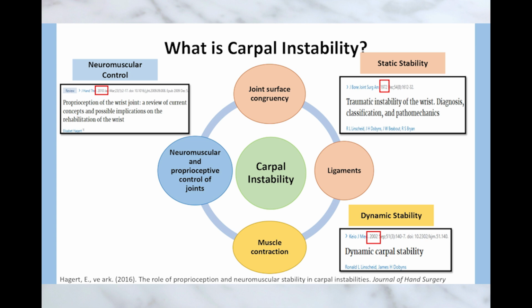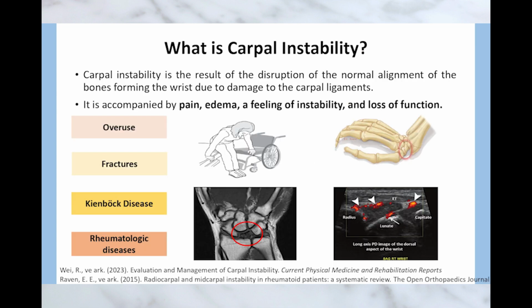Yeah, it's pretty amazing. And so then of course the question becomes, what throws this whole system off? What are the things that actually disrupt this balance? The sources mention several common causes, what we call etiology. Overuse is a big one, right? Repetitive motions that strain the wrist over time. Fractures are another one. They can damage ligaments, or they can actually change the structure of the bone, leading to instability.